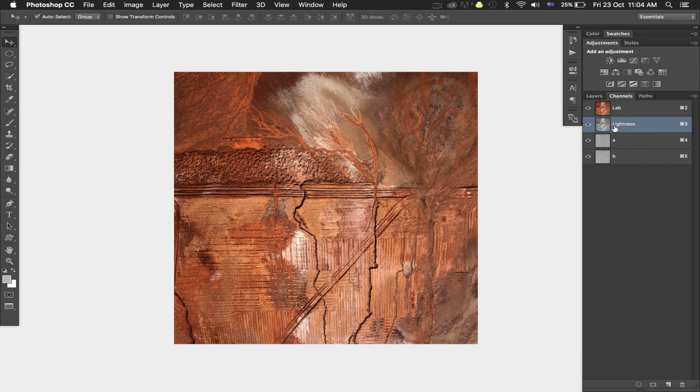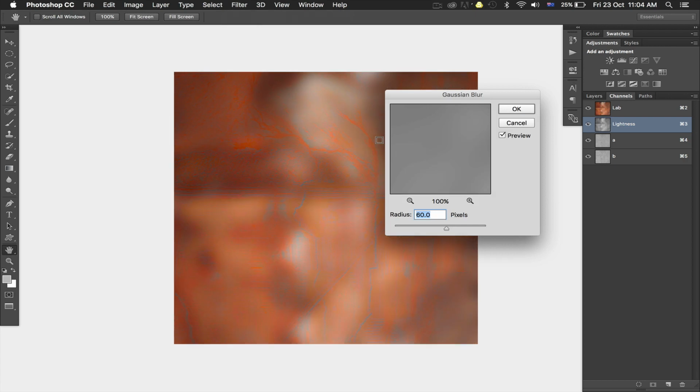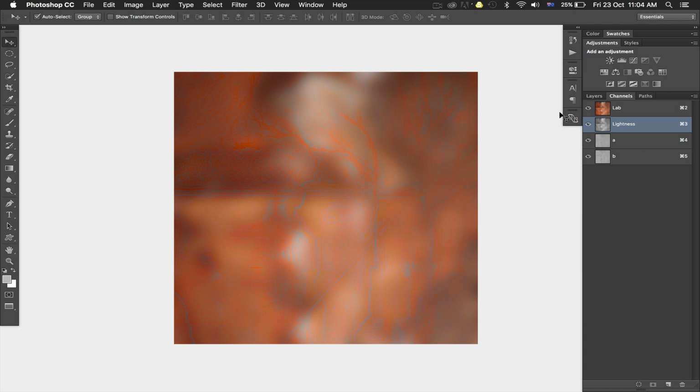But only the lightness channel is selected. We're going to go up to Filter, down to Blur, down to Gaussian Blur, and I like to use a radius of about 60 pixels. It can be more or less, it just depends on how you're feeling on the day. Click OK. Next step, important step, is to click back on LAB so that all the colors, all the channels